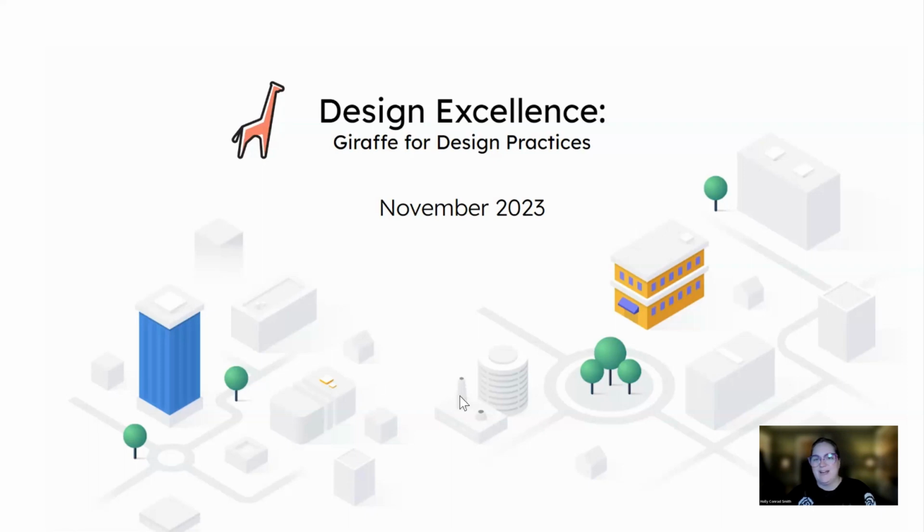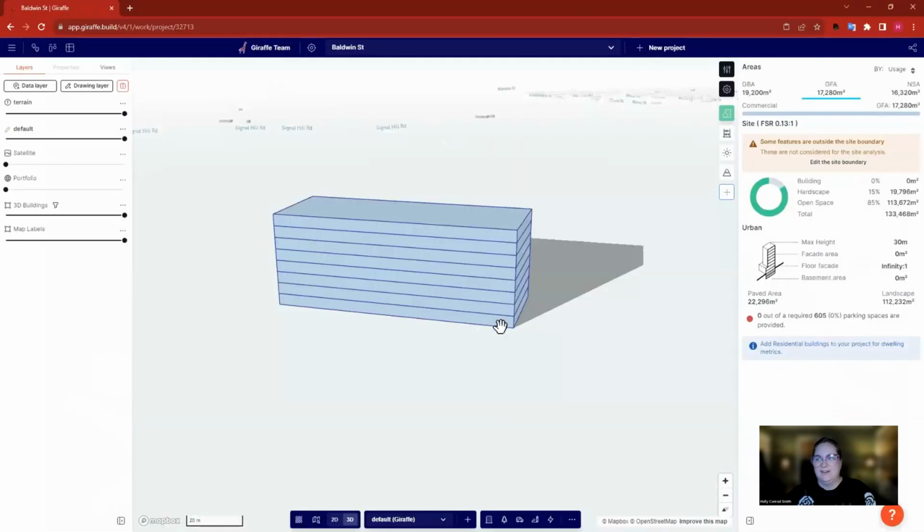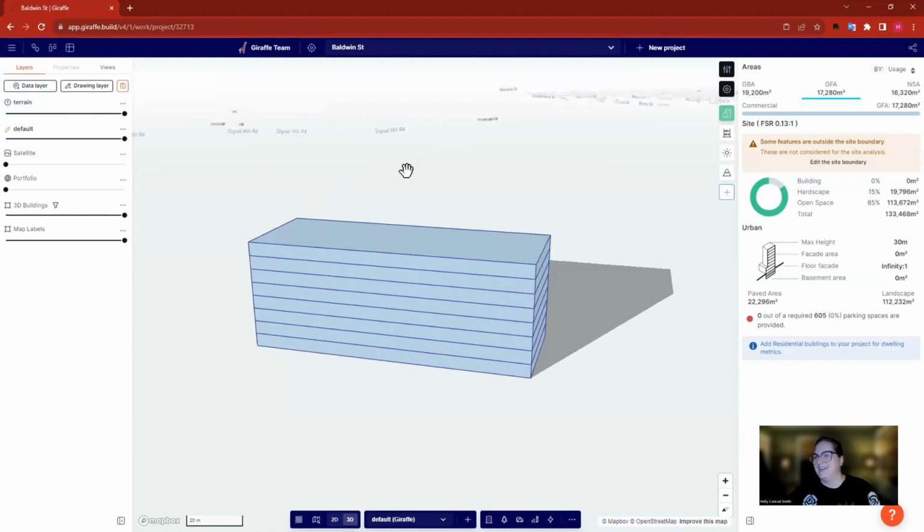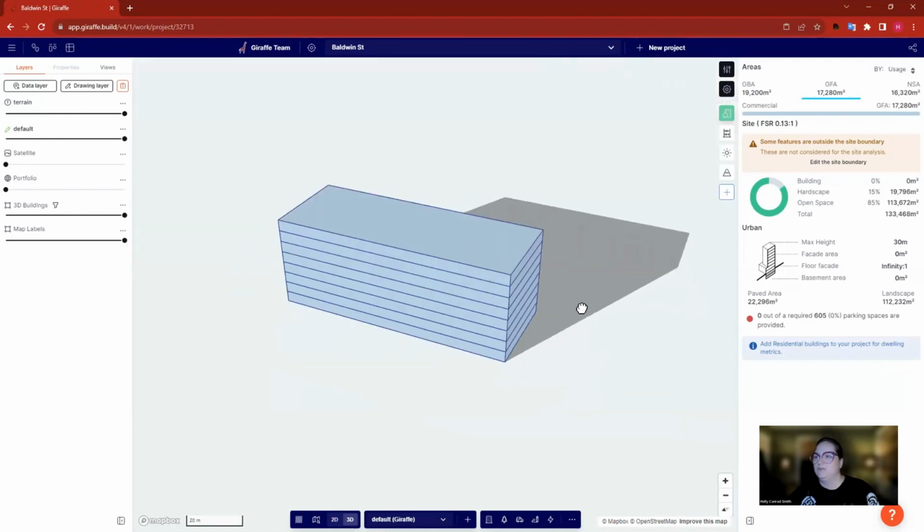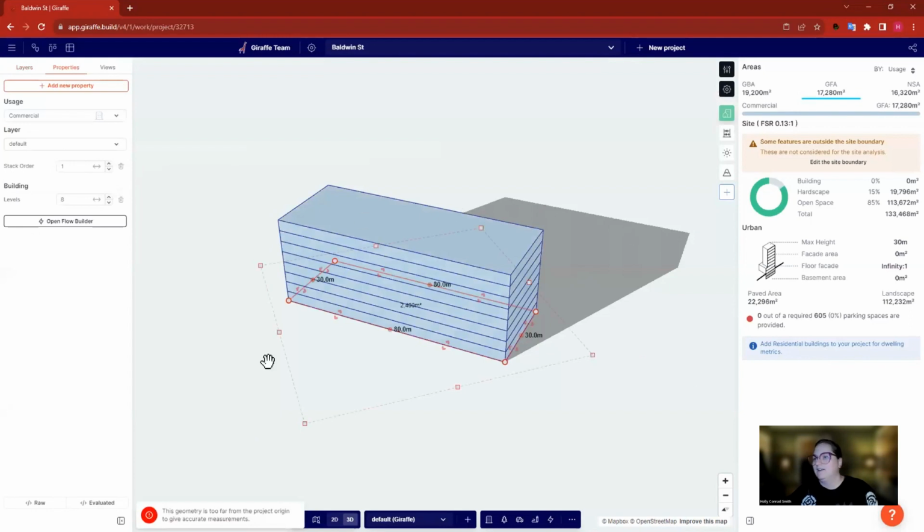To start out, I am going to demonstrate a few of our new drawing and design features. So really, on brand with the topic of the webinar tonight. That's really exciting. If you've logged into Giraffe recently, you may have noticed some changes to some of the drawing tools. So when you draw a building now and you click on it, there is this selection